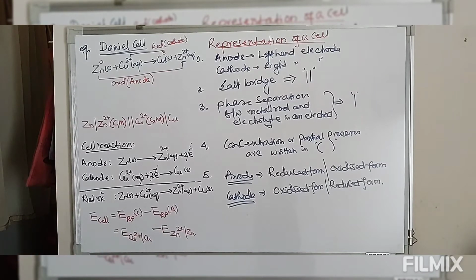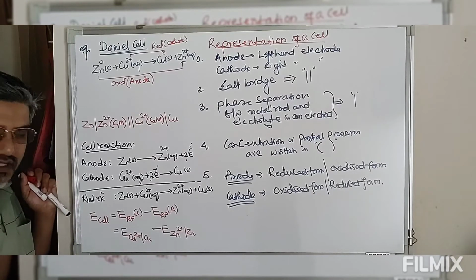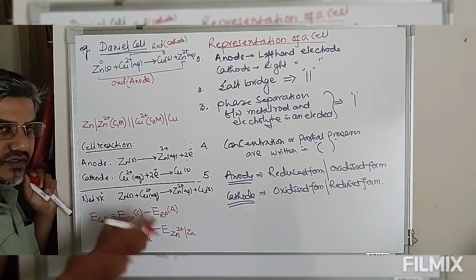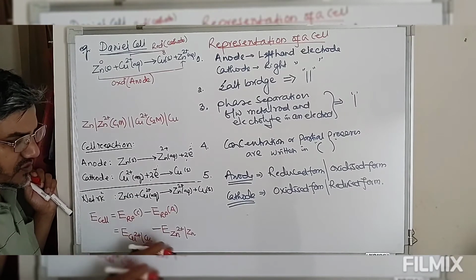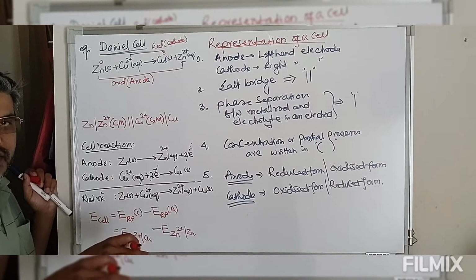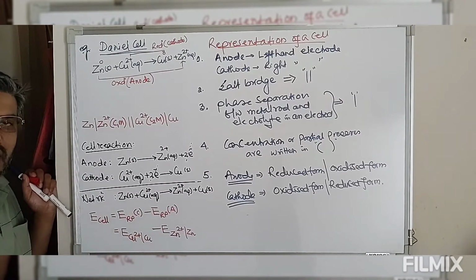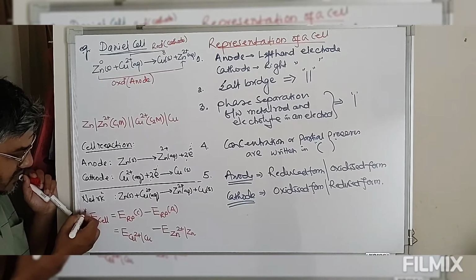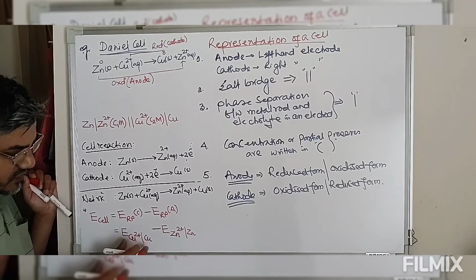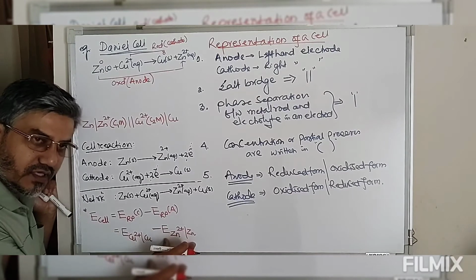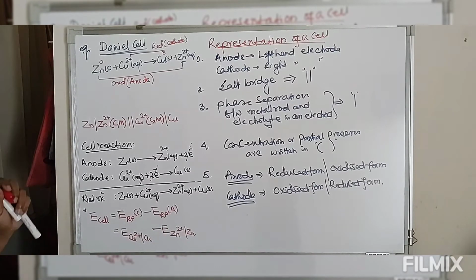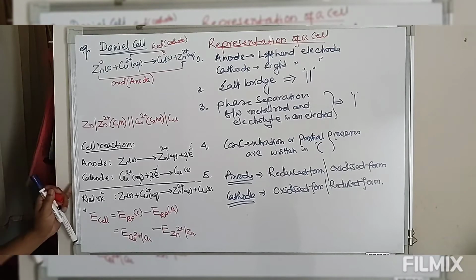If the values of these are given to you, we can easily define the cell potential. Now sometimes oxidation potentials are given, so instead of reduction potential we can also define it in terms of oxidation potential. Oxidation potential and reduction potential of the same electrode have the same numerical value, but the sign will be opposite. So this is how we write the cell. For this we need the reduction potential of cathode and the reduction potential of anode. So this is one of the examples of how to represent a cell.